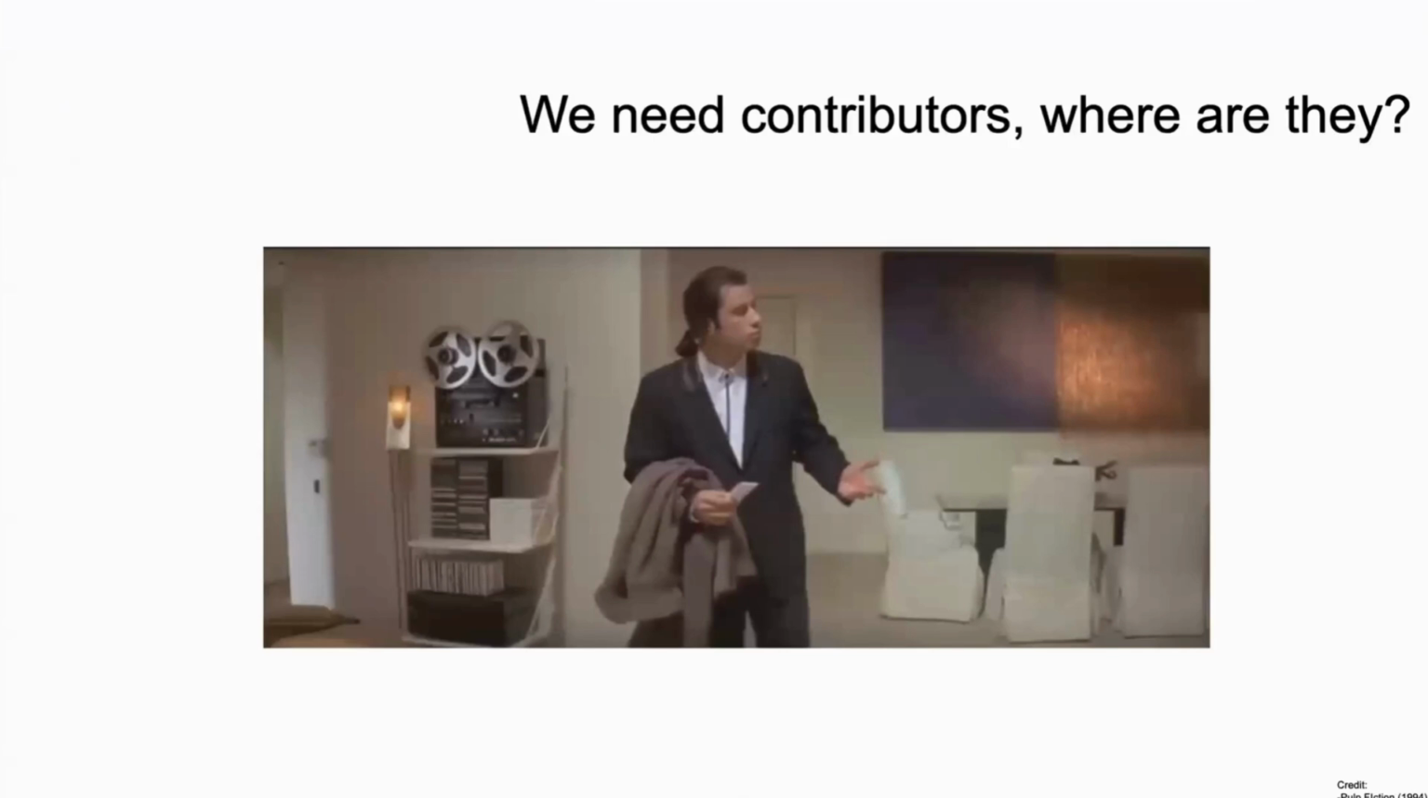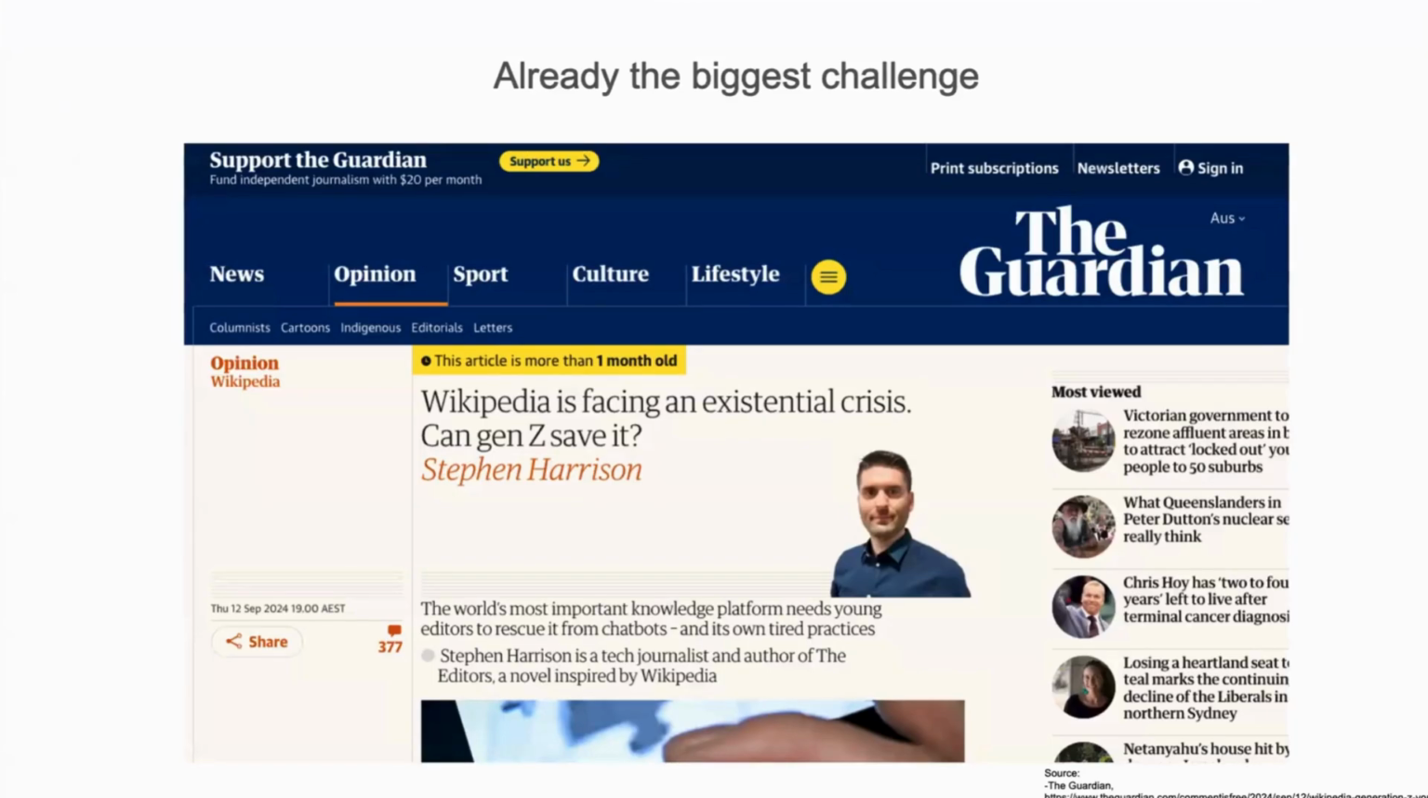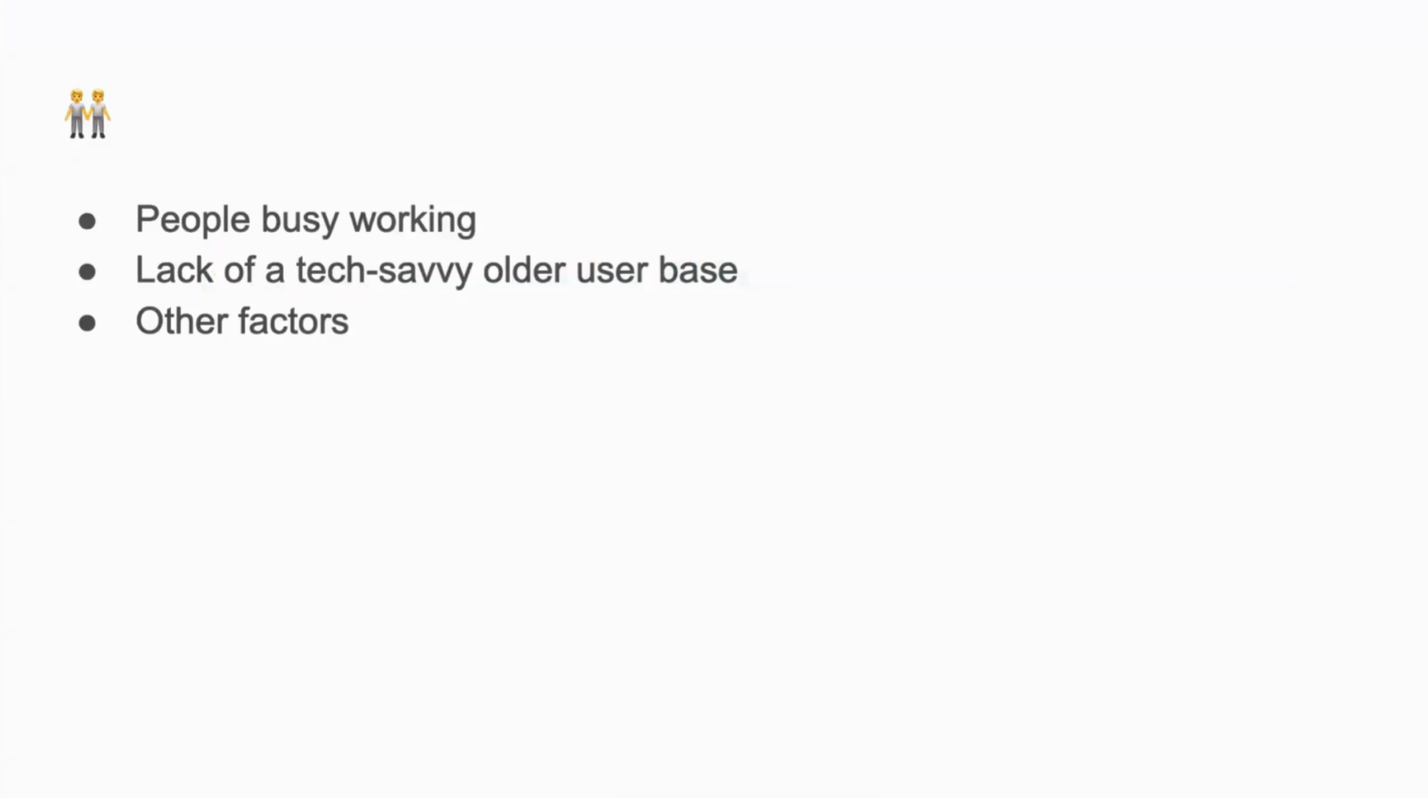So basically, we need contributors. Where are they? Yeah, if we just talk about that. We all know that this is already the biggest challenge. I've been seeing these articles pop up more and more. It's on The Guardian, existential crisis, especially with the whole AI stuff, right? So with Mongolia,